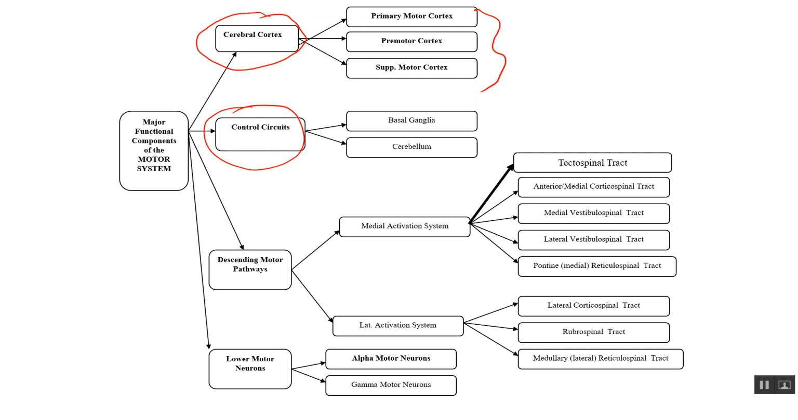Then we have the descending pathways, the pathways that carry this information through the spinal cord is what we're talking about here. Well, I should say through the brainstem and spinal cord. Cerebrum, brainstem, and spinal cord. Through the central nervous system, let's put it that way, CNS. We can loosely or grossly divide these into a medial activating system of pathways and a lateral activating